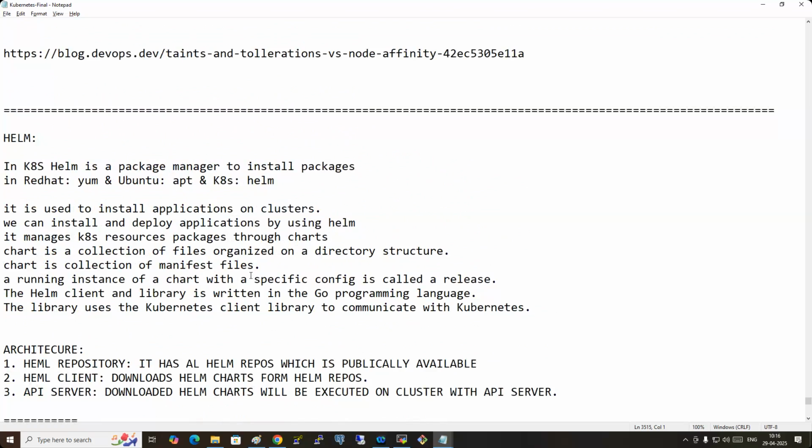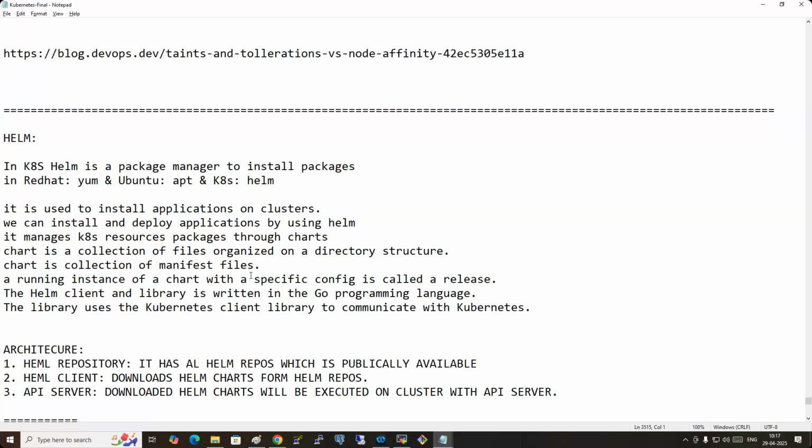Deployment tool for Kubernetes. How do we have Jenkins? We have integrated all the tools with Jenkins, but Kubernetes I will not be integrating with Jenkins, because for Kubernetes we integrate with Argo CD. Argo CD is a GitOps tool, GitOps or Git operations, where all the manifest files I'll put in the Git repository. When I make any manifest file changes in GitHub, automatically my Argo CD will identify